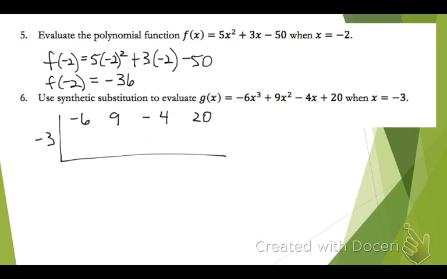On number 5, we're going to evaluate using synthetic substitution. So I've set up my synthetic substitution. I take the exponents and I list them in order, and I just make sure that I'm not missing any terms here. If I am, then I need to put a 0 placeholder. Remember, we start by bringing down that first term. Then you're going to multiply on the diagonal and then add on the vertical. So multiply on the diagonal